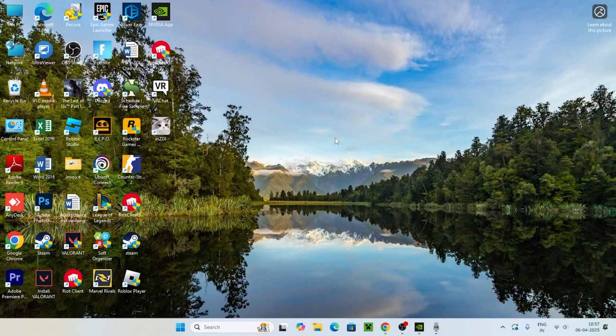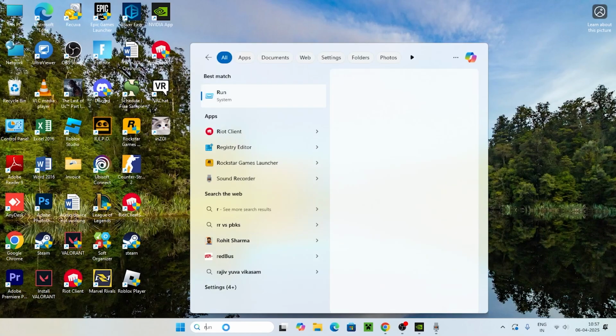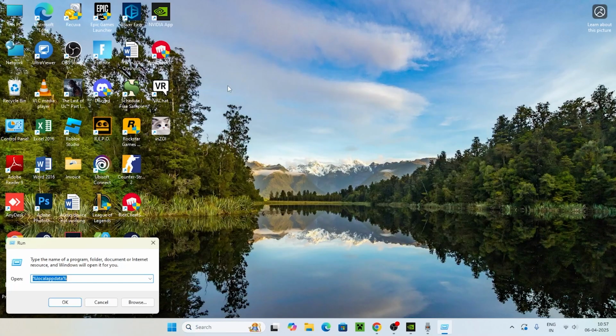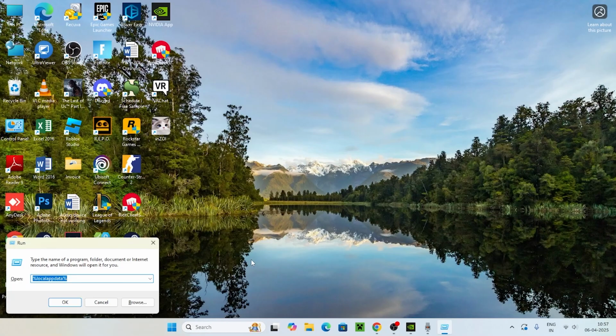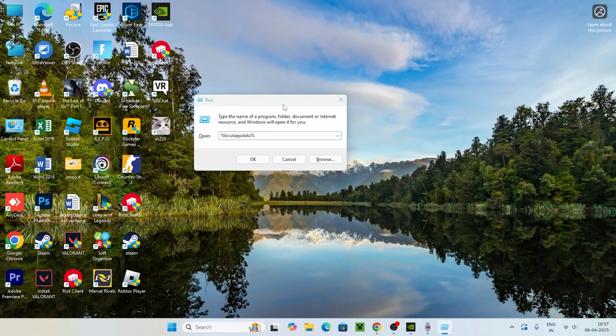The first and foremost step, we need the Run command. Either we can search over here for the Run command like this and open it, or you can use the keyboard shortcut, pressing the Windows and R keys together. You'll be getting the Run command like this. Both are fine. Just get into this and here we have to type %localappdata%